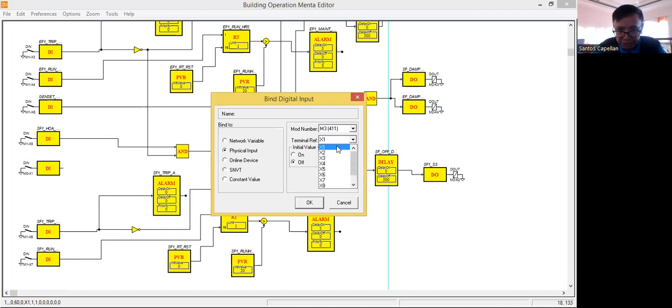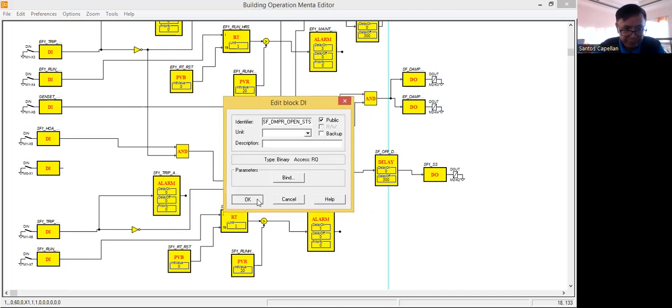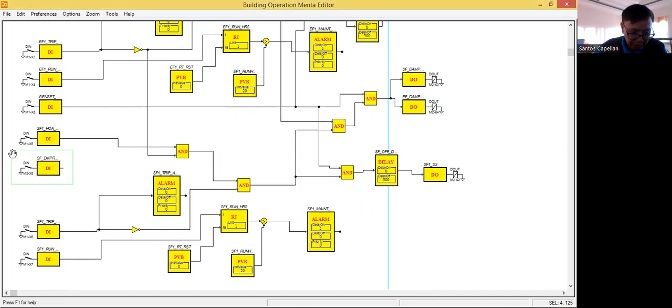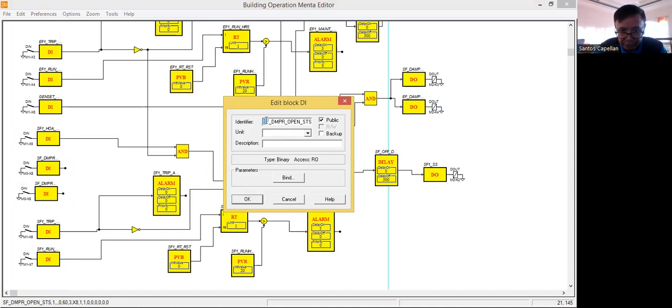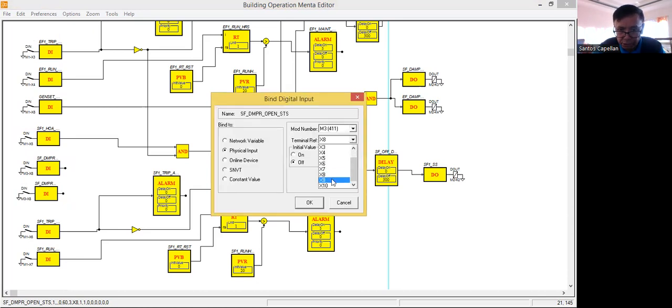Let's see. Okay, let me use this one. I will start at the bottom. Then again I need another status, Control C, Control V for my EF. I have the EF damper status there, then I will say this will be for my EF. If you specify your identifier this way, it will be very easy for you to